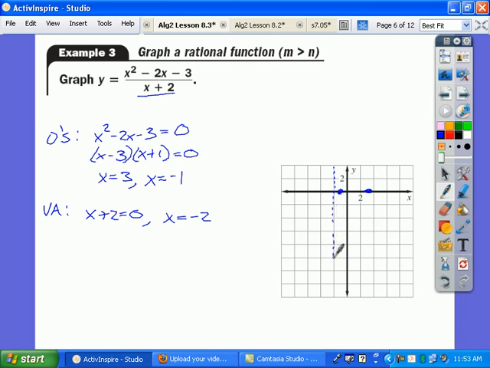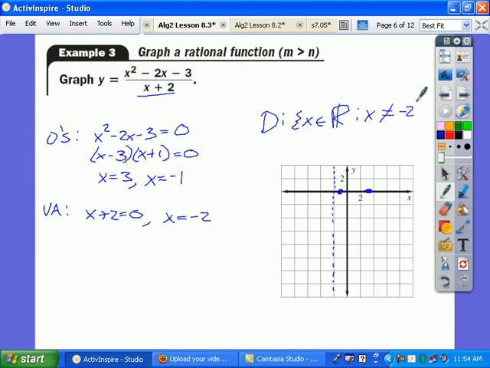Okay. It also tells us we can talk about the domain now. The domain will be x is a real number such that x not equals whatever our vertical asymptote is, negative 2. Last step is the horizontal asymptote. To get the horizontal asymptote,